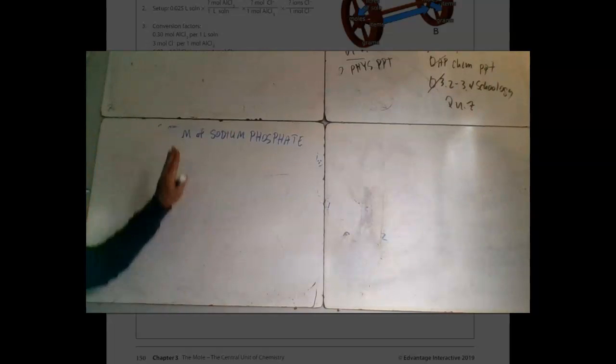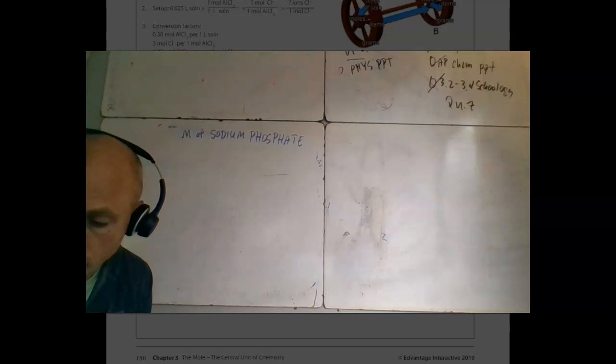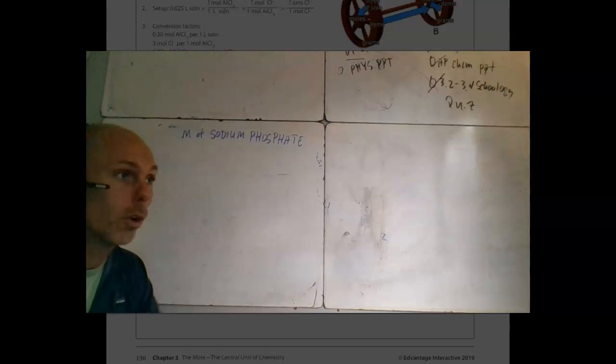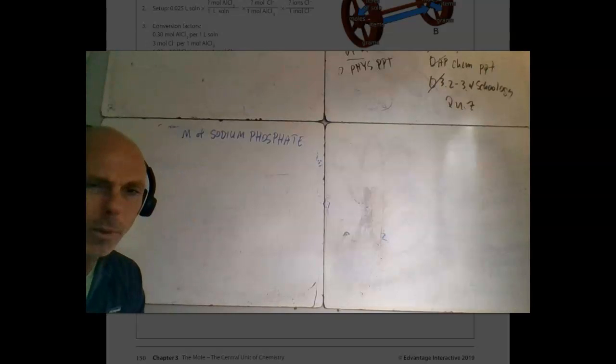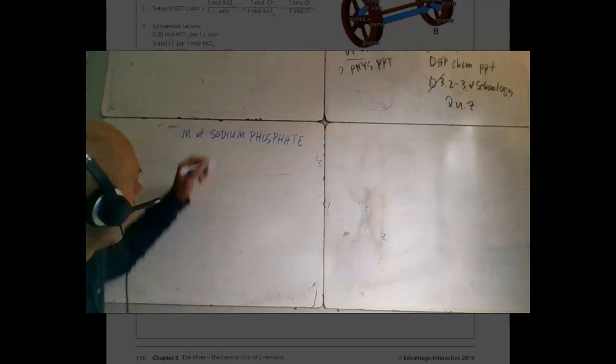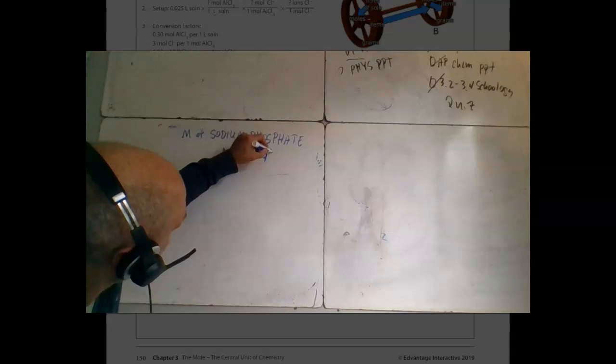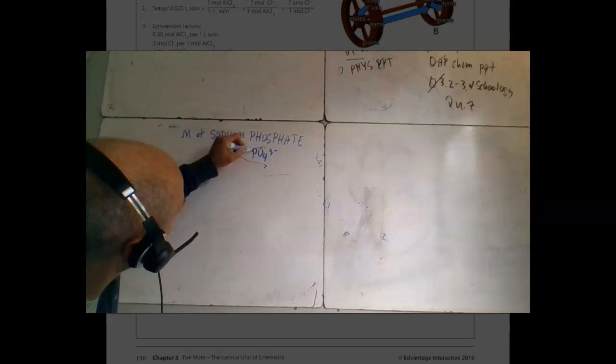All right, so we're trying to figure out what the molarity, or molar concentration, of sodium phosphate would be if we knew that there was 0.6 molar sodium ions in solution. That's what we did just backward. First thing we need to do is go from the name of sodium phosphate to its formula. Sodium is Na1+, phosphate is PO4 3-, little crisscross, and we get